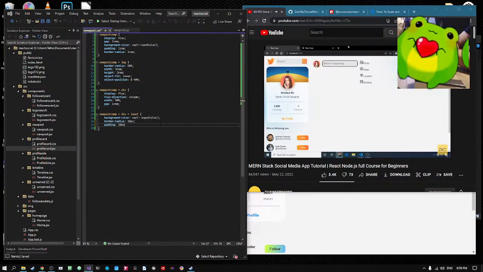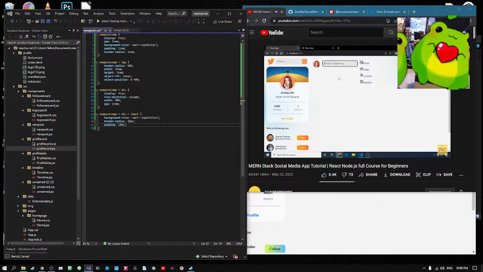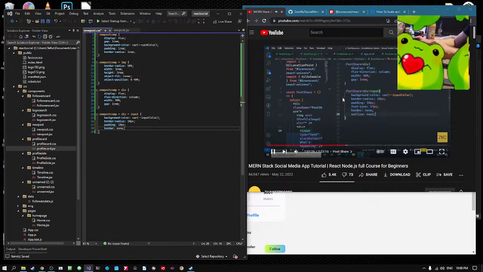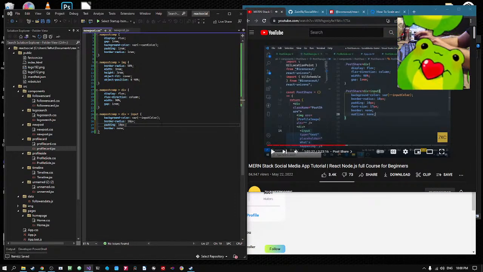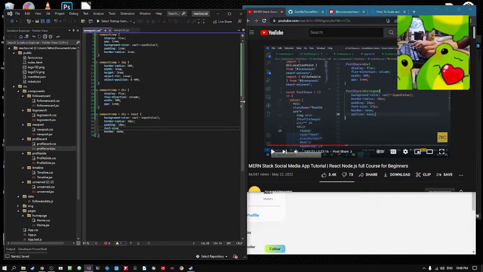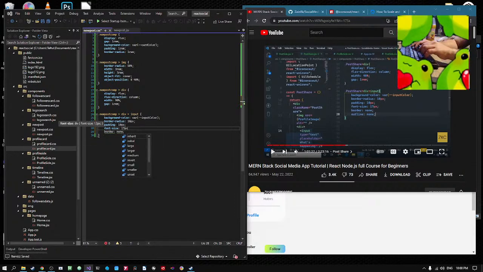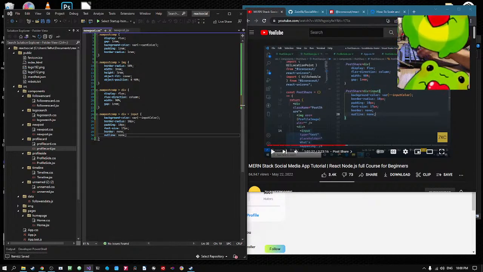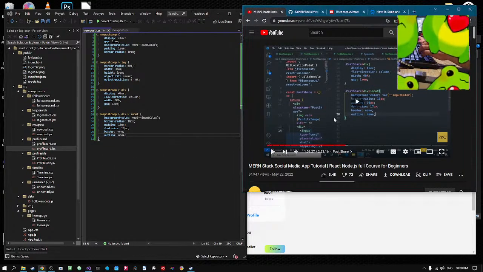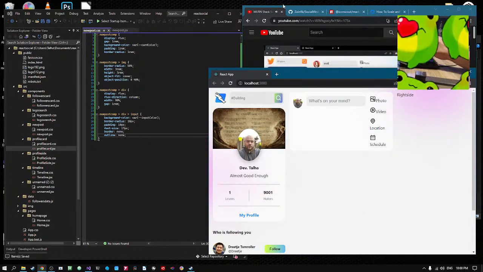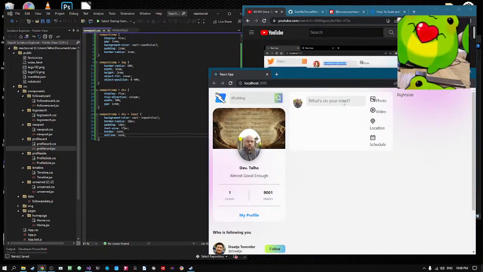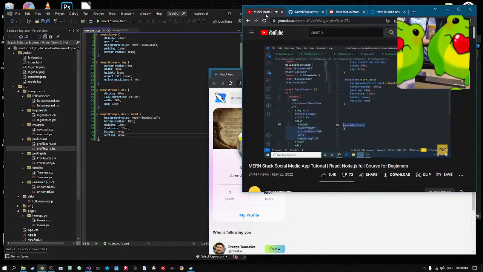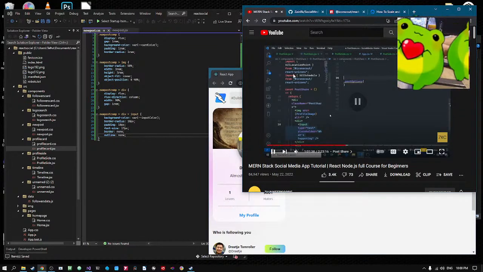Now let's save, and here you can see this is our input text, but there is an issue with the outline. So let's fix this. I will make its outline none. So now our share input is looking very pretty. It's time to align these icons. So for these icons here, I am targeting the post